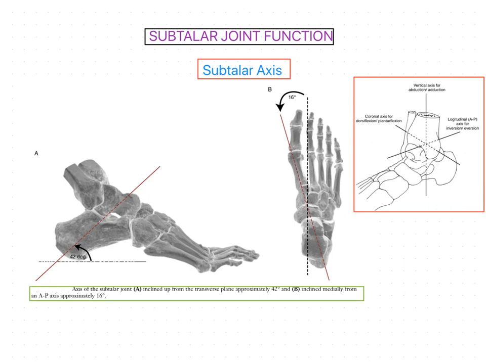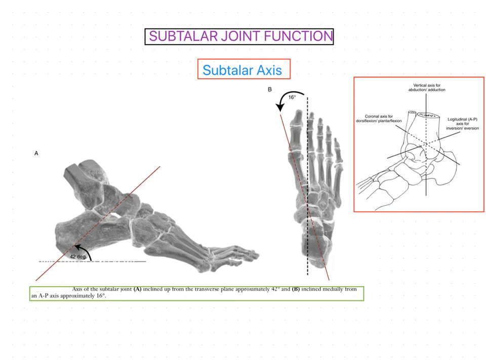In this subtalar joint function, we are going to discuss the axis through which the movements of the subtalar joint take place. That is called the subtalar axis. And then another concept called subtalar neutral. Once you understand this axis and how the movements are taking place on this axis, then we are going